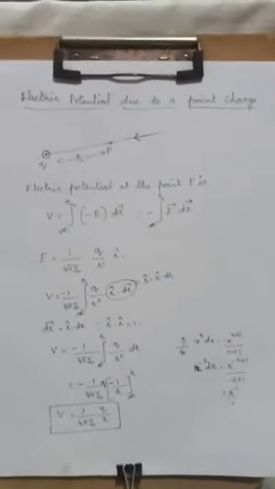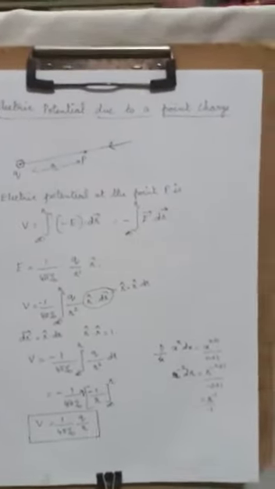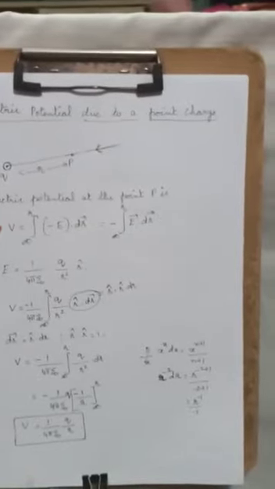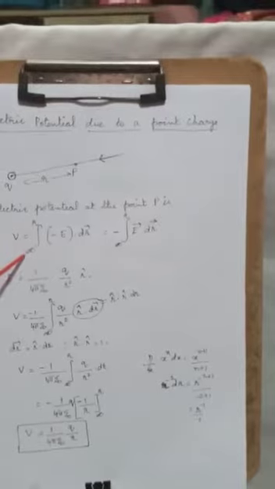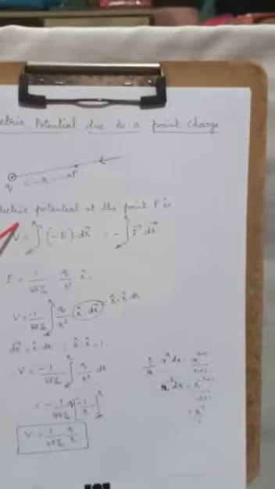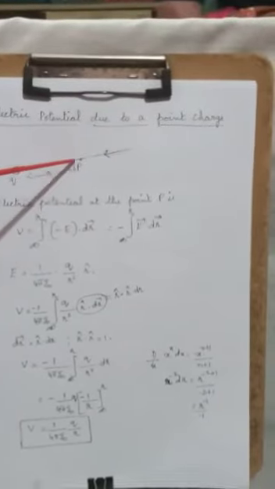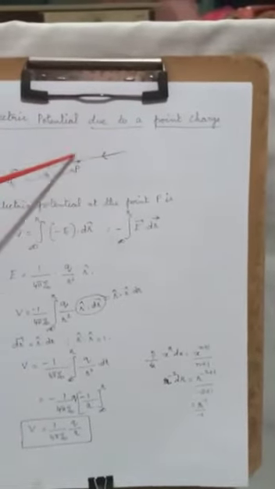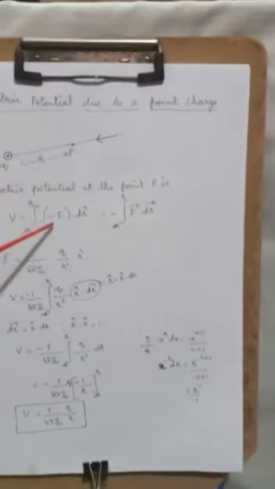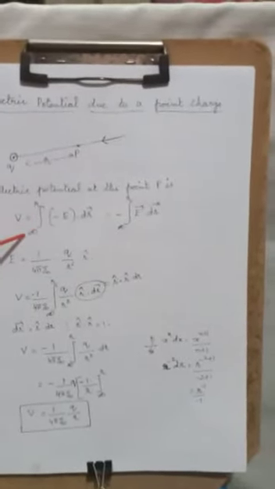So now how will you find out this electric potential at a point? We know an expression, we have derived an expression where V is equal to integral from infinity to R. Why is it infinity to R? From some infinite distance I am going to bring it to this R. That is why. Minus E, minus says that it is going to be opposite to the electric field. Minus E into dr. So this negative sign can be taken outside.